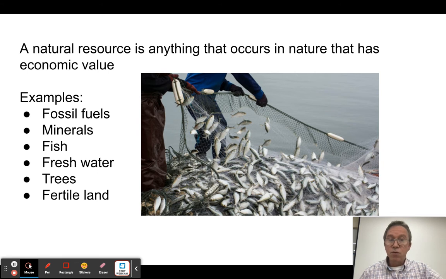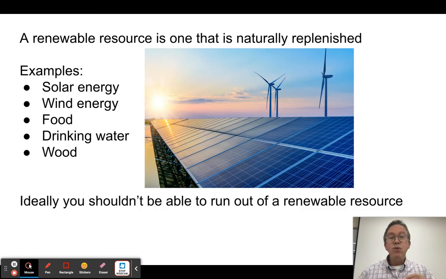They could be either renewable or non-renewable. So a renewable resource is one that you won't run out of. It replenishes itself. All right. So for instance, the sun is always going to shine, the wind is always going to blow. So these are renewable. Then you can say like food. Well, food grows, and so as long as I can keep growing that food, it is a renewable resource. Water keeps coming out of the ground, so I keep getting drinking water. Trees keep growing. Wood is a renewable resource. But it turns out if we use them the wrong way, some of these renewable resources can turn into non-renewable